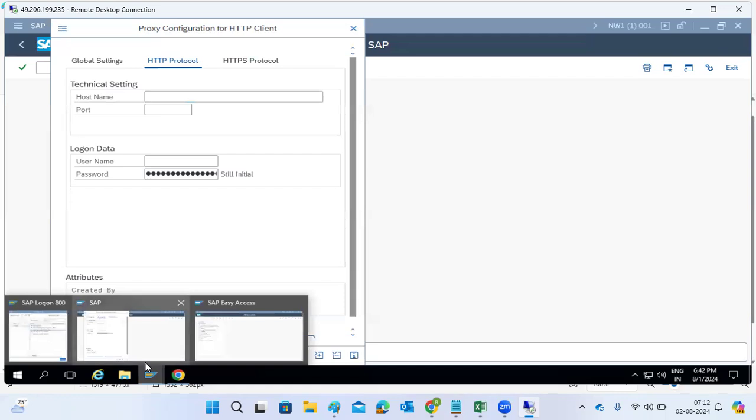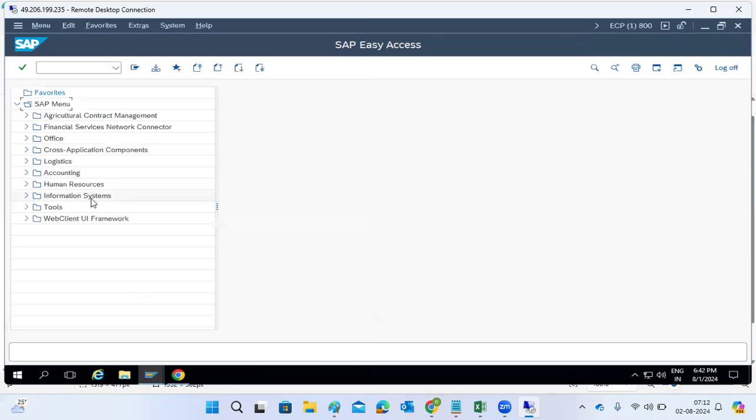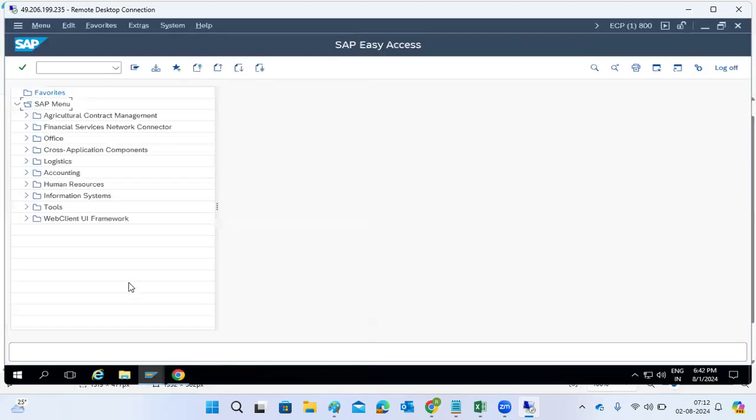So the proxy settings are a very important thing here. That is the proxy-related part. In the SICF transaction code we can see services activation and any proxy-related things, so we can use that. The next one is